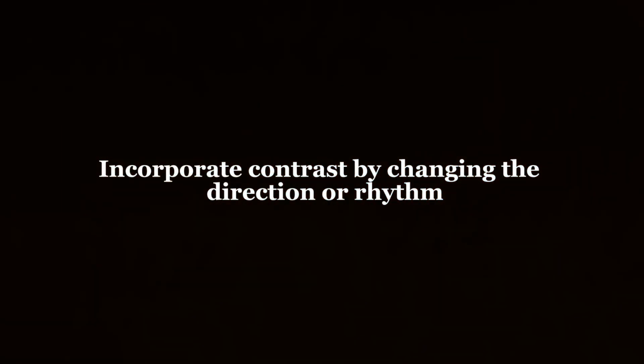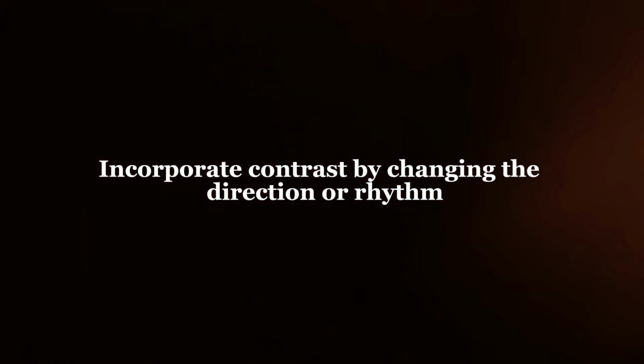of this video. The second part of developing a good melody is to incorporate contrast by changing the direction or by changing the rhythm. For example, the contour of the song in verse 1 may be going up, right? You may be going up in pitch at the end of your phrases, whereas in verse 2, you might be going down at the end of your phrases instead of going up. That'll create a contrast between verse 1 and verse 2, and it'll add more interest to this motif that you originally developed, and it'll create more interest in your melody. So that's just a quick songwriting tip from me to you.